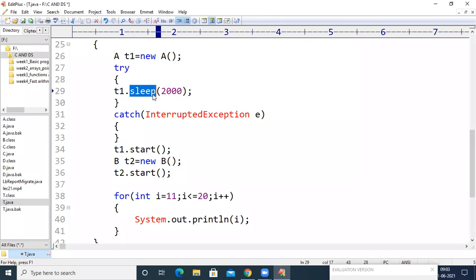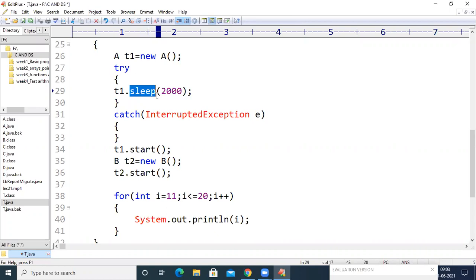Whenever an exception is raised in the program, an object for that exception class will be created. See here, when the sleep method has been executed by the JVM, it is interrupting the thread in the running state.